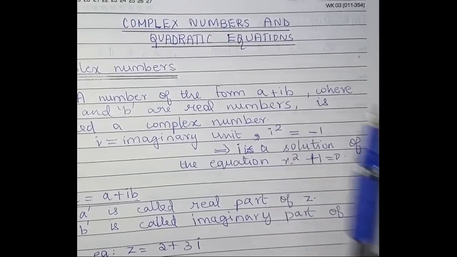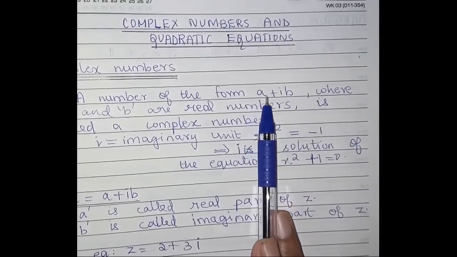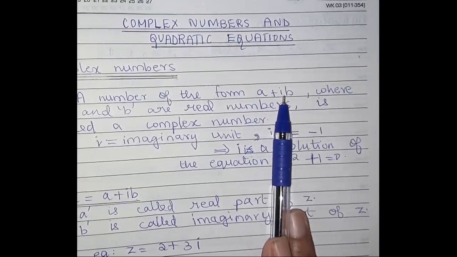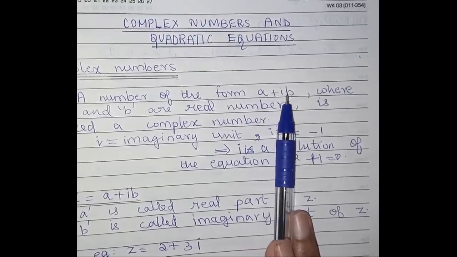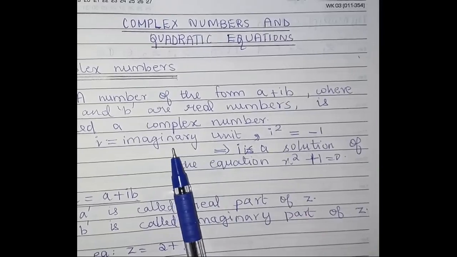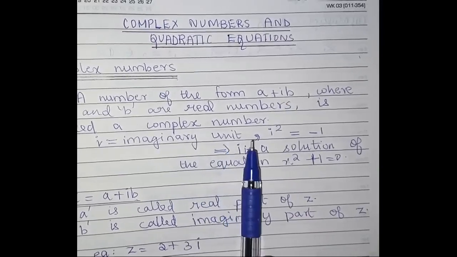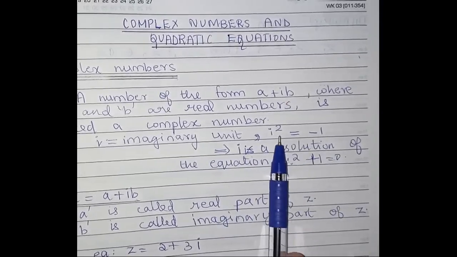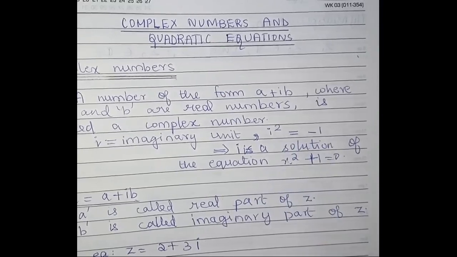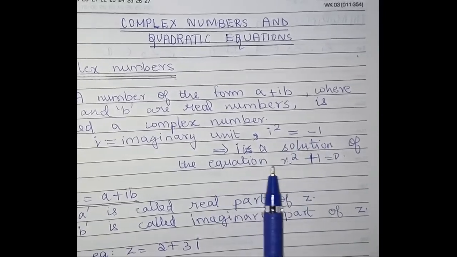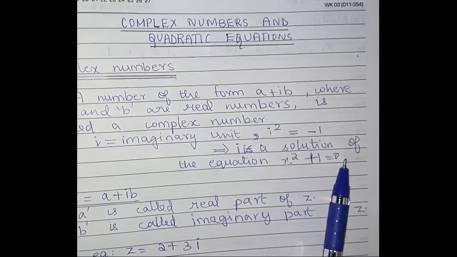So if you look at this form, if I simply write only the number a, it becomes a real number. And why does it become a complex number? When I write the letter i along with it. Therefore i is called an imaginary unit, and the value for i is square root of minus 1, or i square is equal to minus 1, because when I open the square to the other side, square root of minus 1. And also it says i becomes a solution for the equation x square plus 1 is equal to 0,